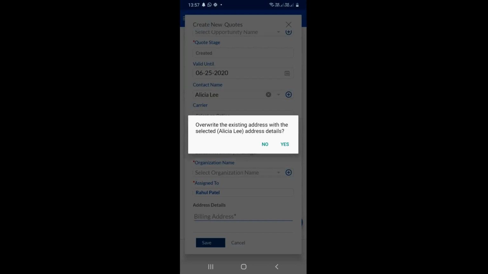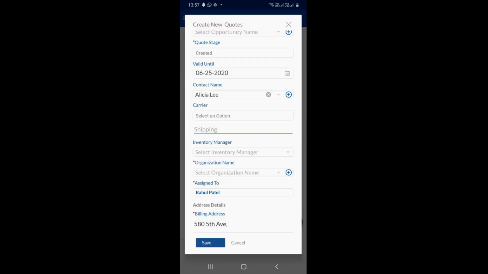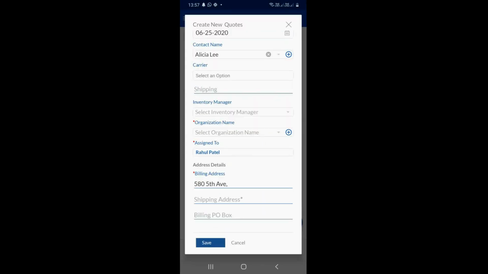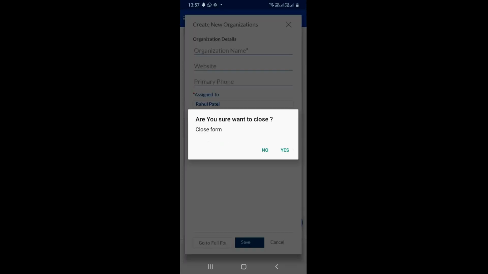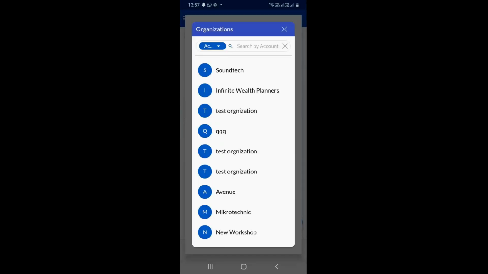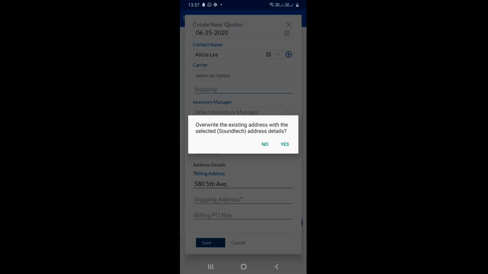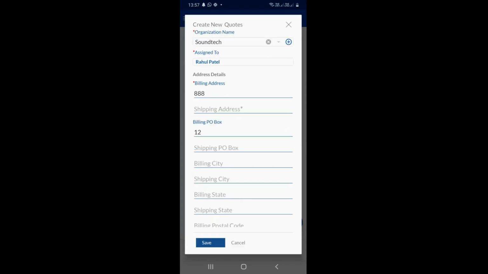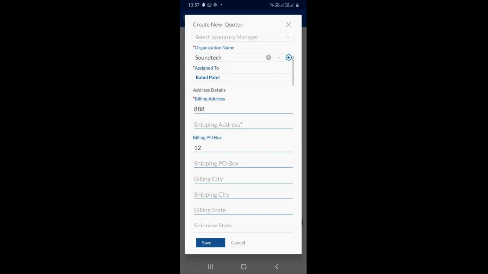This is the same thing we have elsewhere. Now let me select the organization. Okay, I don't have to create the organization. When I select the address, it auto-copies all the addresses.